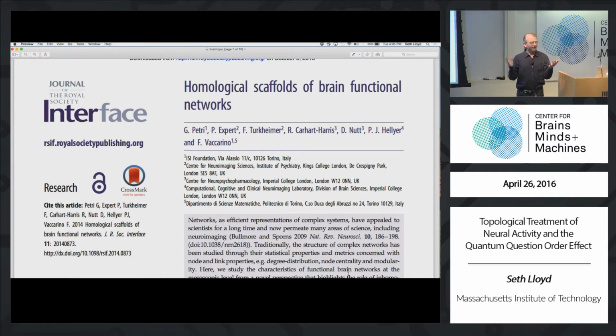A topological space is a space where you have a notion of adjacency, that things are next to each other. And topological features are things like the number of connected components in this space, or the number of holes in a space, or the number of gaps or voids. So topology is a very basic notion, and over the last 20 years, there's been a series of topological machine learning algorithms to try to learn topology from data.